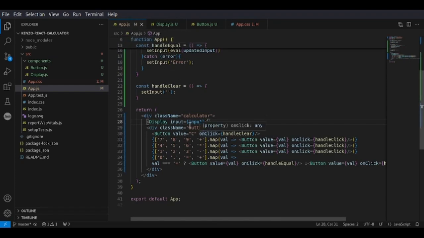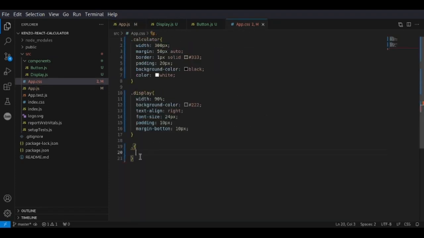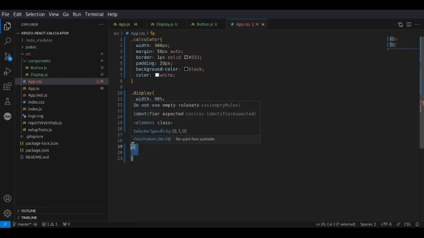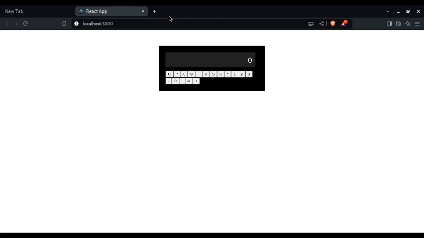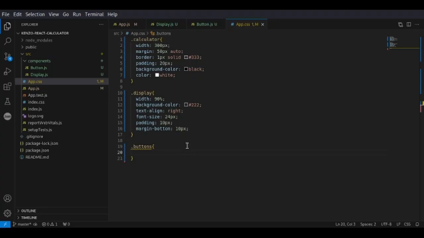Don't we have a buttons div? Yeah, we have a buttons div. Let's start with that first of all, instead of the button itself. And then the buttons div, what we want is for it to display obviously in a grid of four buttons for each row, and then let's try that out. So we'll say